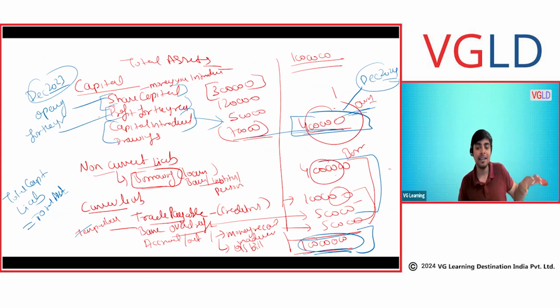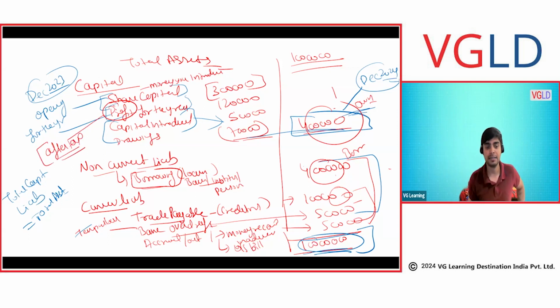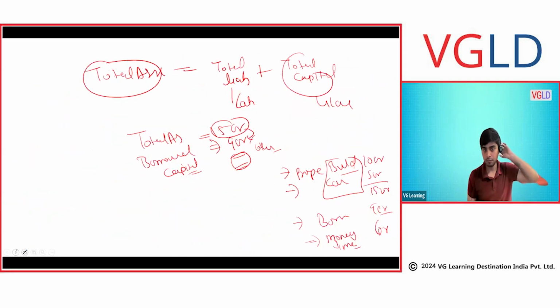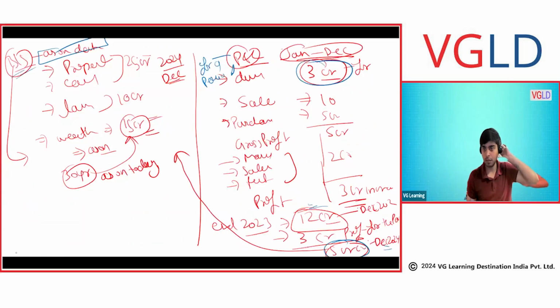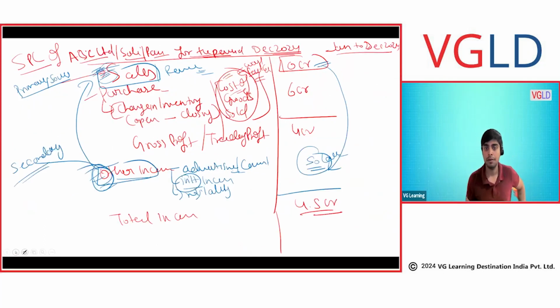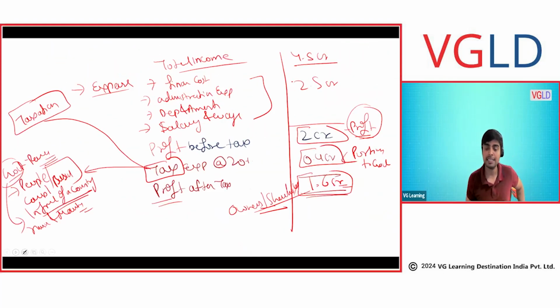When we have earned the profit, in that case we pay a share to the government. But when we have a loss, government says, okay, we are not going to pay you, but you can utilize this loss in the next year. How? We will learn. So when we have a profit, this is after tax. So this is an after tax profit.